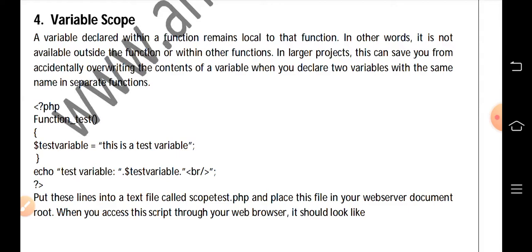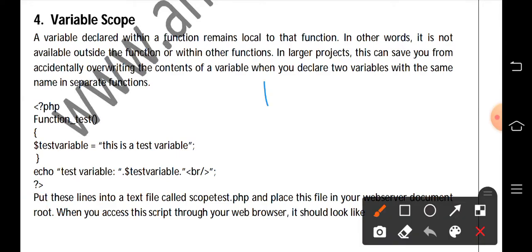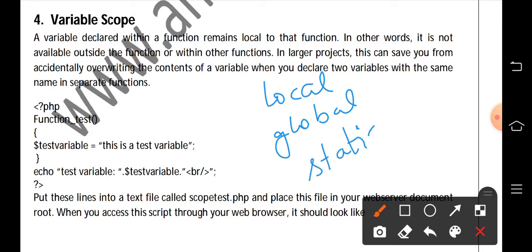Actually, we have variables of three types. They are local variable, global variable, and static variables. In our last class or previous classes, I told you about local variables and global variables.